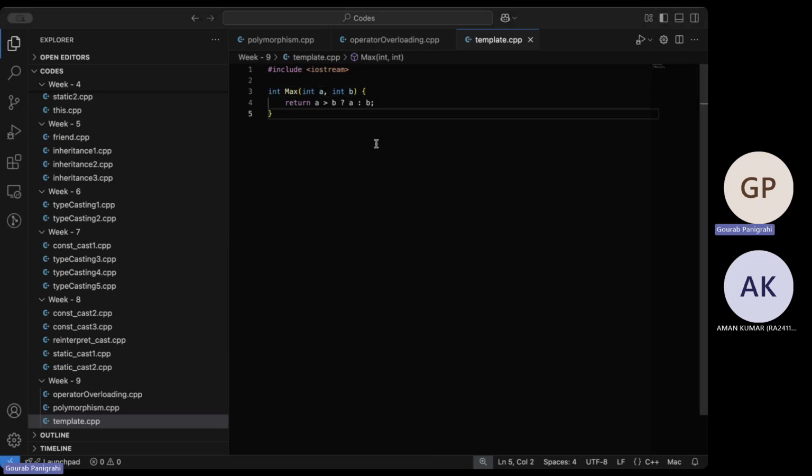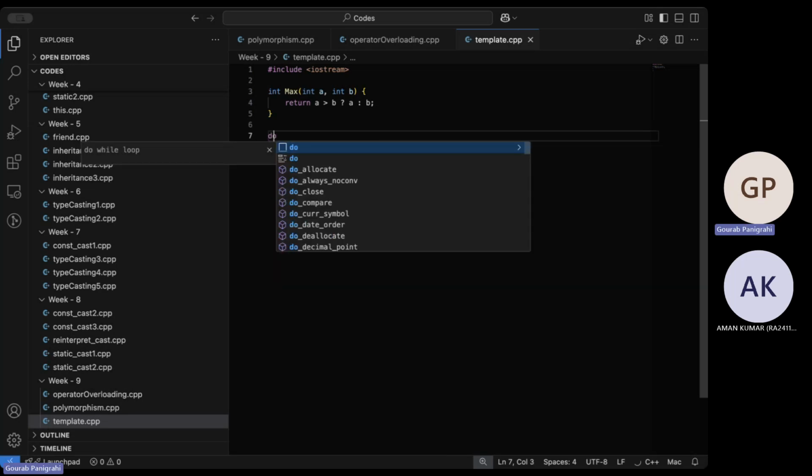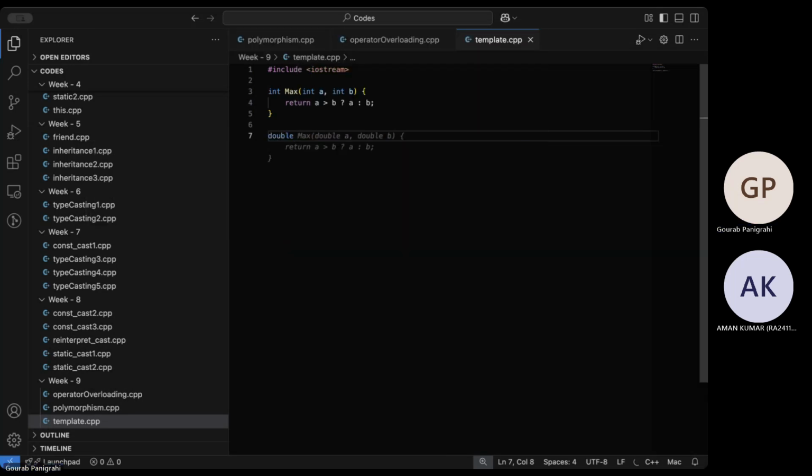Now, what if I had numbers a and b, but they're of data type double? Okay. So give me the code. Oh, sorry, my bad. Yeah, it already gave me the code. So there is a double a and there is a double b. It takes the same inputs, but of different data types, compares them, and then returns accordingly.